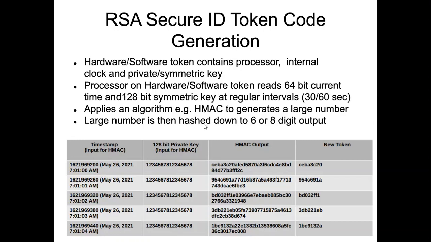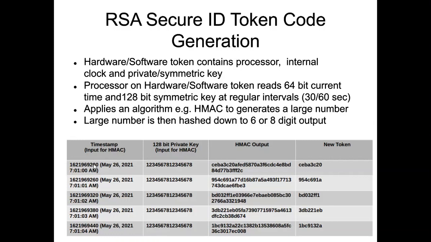So we are not exactly sure what is being done by RSA, but we will assume that they are using HMAC. If you are familiar with HMAC, what HMAC does is basically it takes the private key and then creates two private keys from this one. They have got a constant which they use to do this. So now they have two keys, P1 and P2.